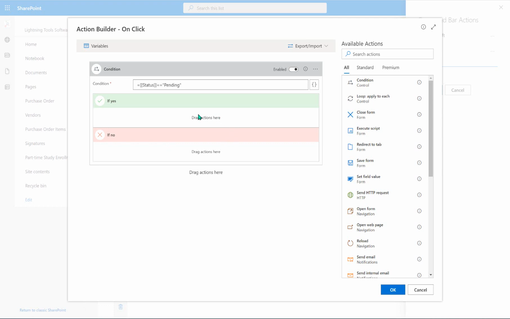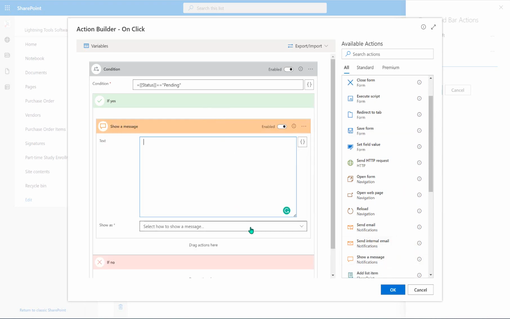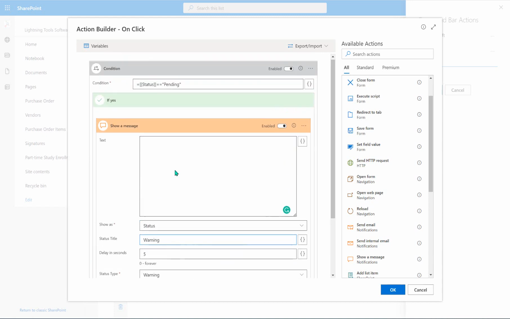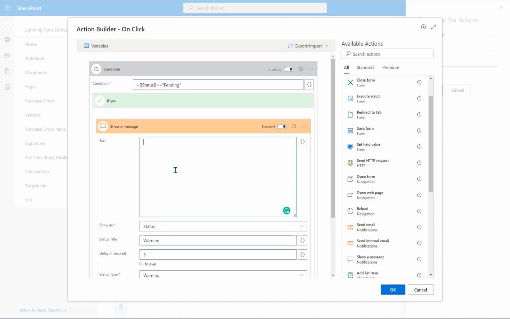So if it is pending, then that means we've already clicked the button. So what we're going to do there is just send a message or show a message to the user that is a little status message, and that status message is going to be of a warning type, and we can have that show for 5 seconds or thereabouts, and we'll just say warning as my subject or title, and in here we're just going to have this purchase order